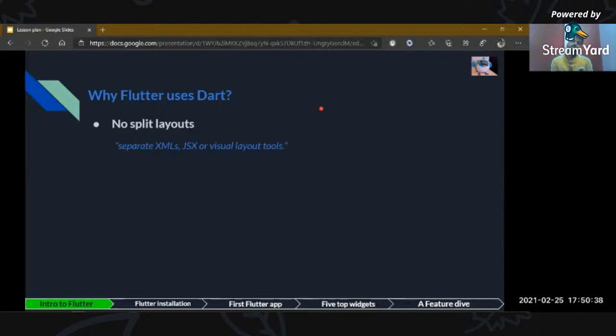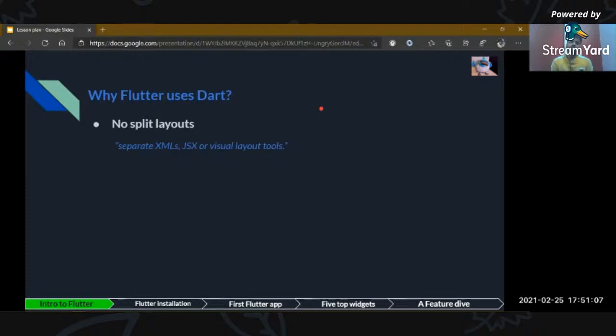If you have developed Android applications or iOS applications, in Android applications you have to manage your business logic in a separate file, and you have to maintain your UI designs, your button styles, your button coloring and all, in other XML files.